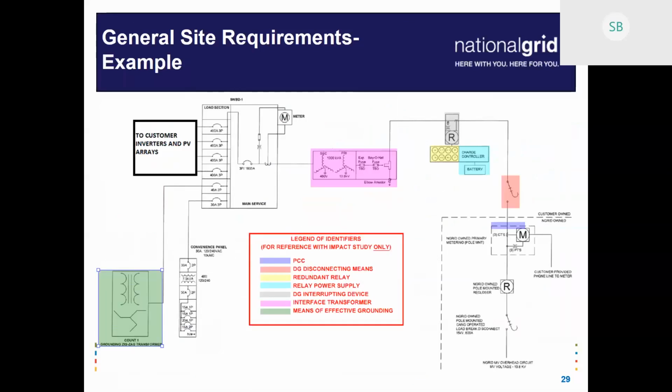And then going down, you have the interconnecting transformer in pink there, and then the green over here would be a means of effective grounding. So it doesn't always have to be a zigzag transformer as is shown. There's a lot of different options, but those are outlined more in the ESP. And again, if anyone has particular project questions on an individual project, we can talk through those afterwards if any of this doesn't make sense.